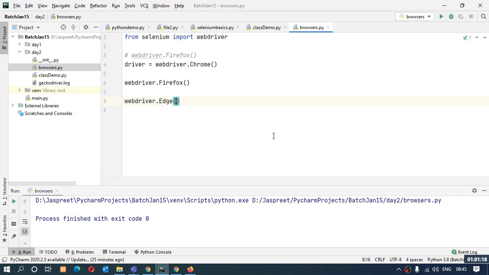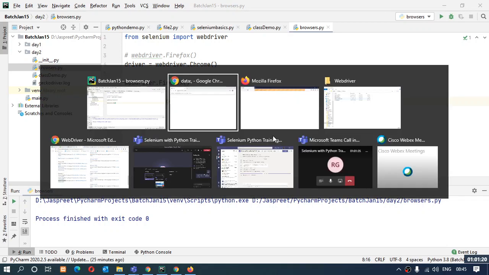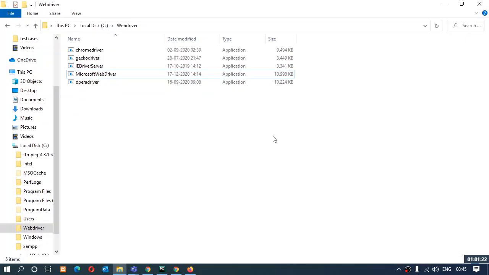Coming to the second thing that I said I'll tell you later, the reason to name it the MS Edge driver. If you have named it the earlier name, MS Edge WebDriver, which is the initial name of the driver, even if it is added in the environment variables, the command may not pick up the path. That has been practically seen; it does not pick up the path.